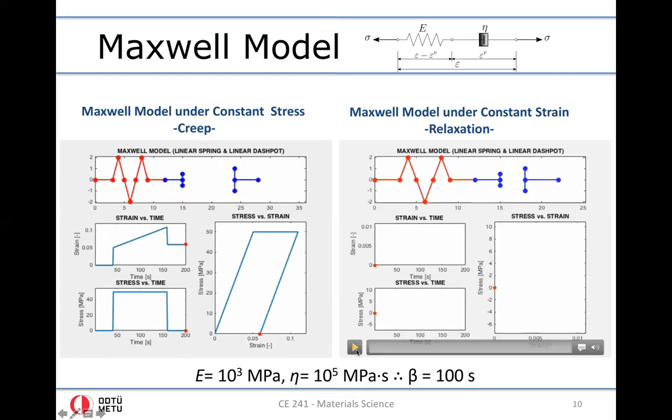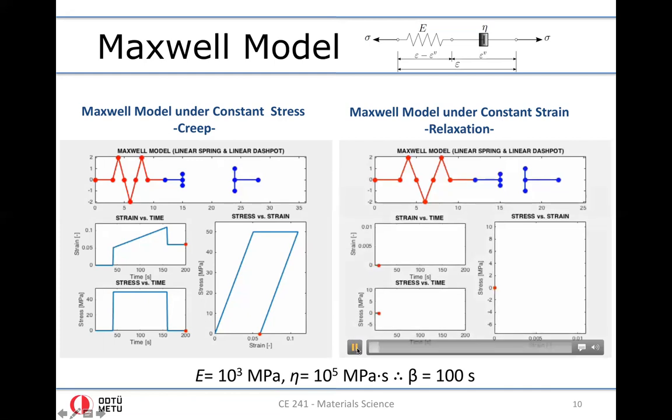In the relaxation test, remember what we do is we have a strain controlled experiment. We increase strain to a value, which is in this case 0.01 at time equals 40 seconds. And then keep it constant, and then remove the strain again at t equals 160 seconds. And then observe what happens to the stress. And this is the animation of the model, and this is the